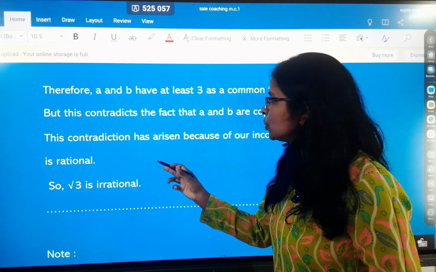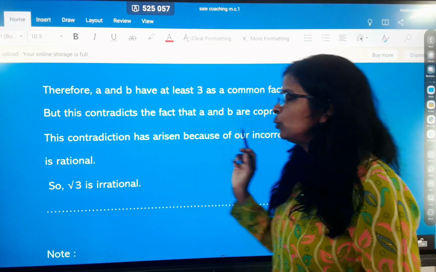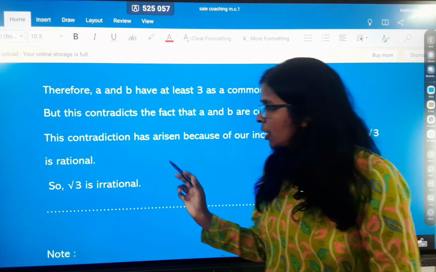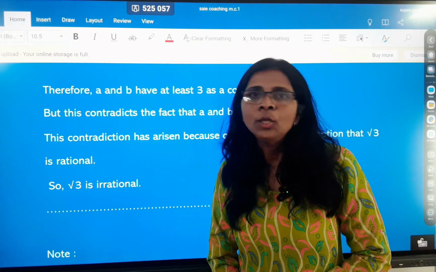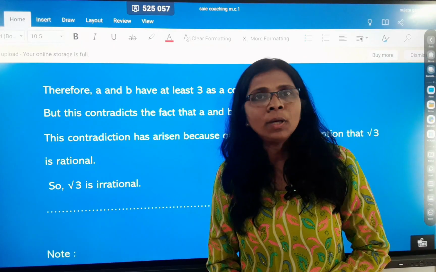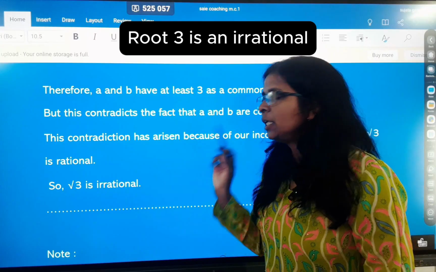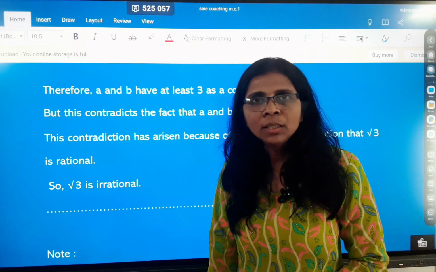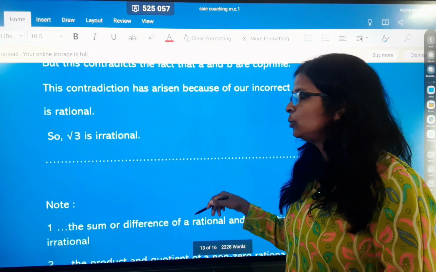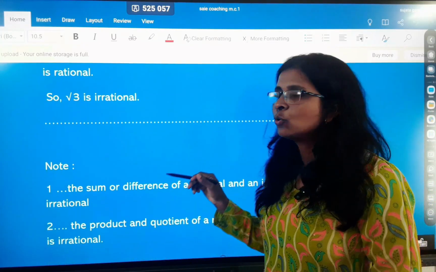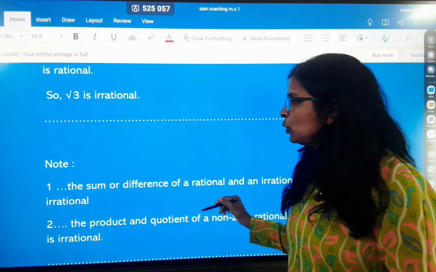So this contradiction has arisen because of our incorrect assumption that root 3 is rational. आपण जे assumption केलेलं आहे root 3 is rational, So हे assumption आपलं चुकलेलं आहे. Okay. So that means that root 3 is irrational. So this way we prove that root 2 is irrational and root 3 is irrational. So both the examples are very important. So now note here